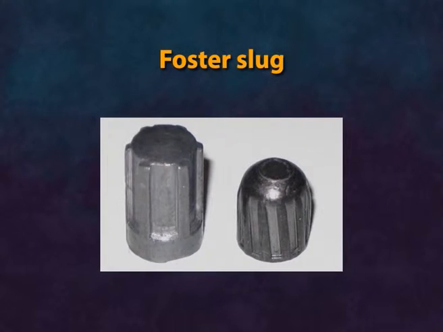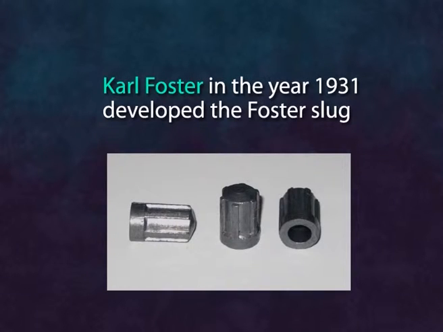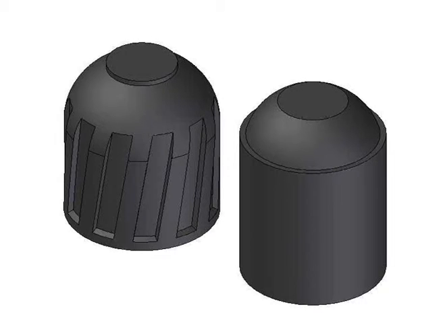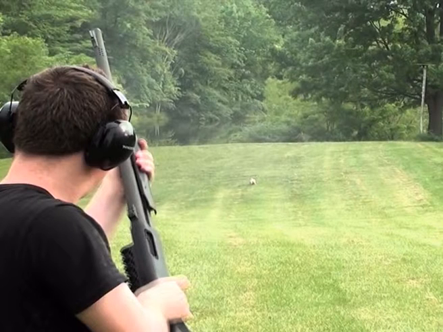The third type is the Foster slug. Carl Foster in the year 1931 developed the Foster slug. This type of slug can be defined by the characteristic property of having a deep depression at the base, which results in placing the center of mass near the tip of the slug, just as in case of a shuttlecock. During flight, if tumbling of the slug is there, then drag tends to push the slug back into a straight flight. This ultimately leads to stability of the Foster slug, thereby allowing it accurate shooting up to a range of